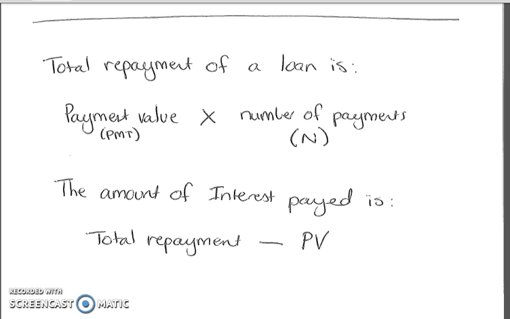For example, on say a $300,000 house loan, you're probably going to pay back close to $1 million over 30 years. That's just how much interest the banks are going to charge. So if there's a question asking the amount of interest paid, you've got to find your total repayment, then minus what you borrowed. That difference between what you actually pay back and what you borrow